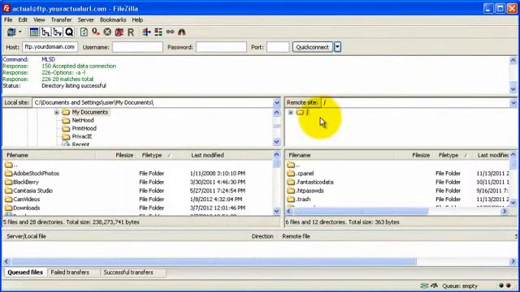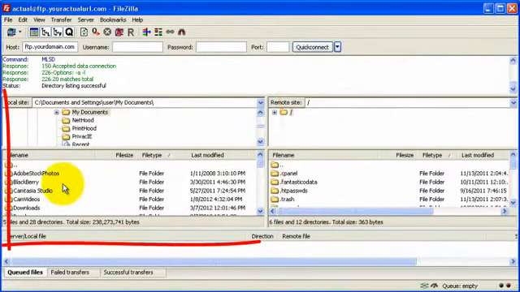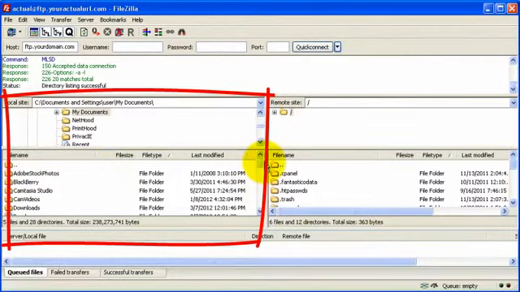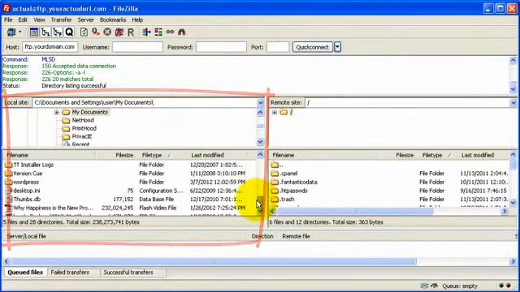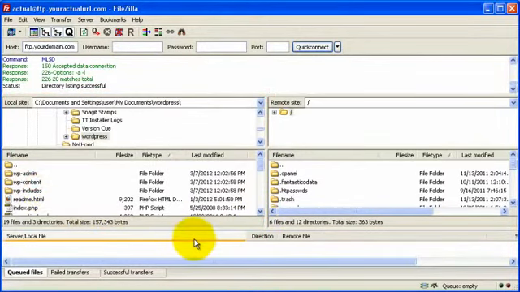Once you've been connected to your web hosting account, you will see all the folders in your server in the right column here, and in the left column are all the folders in your computer. So all you need to do is locate the WordPress files that we have downloaded before, and this is the folder. So I'm going to click through that folder,